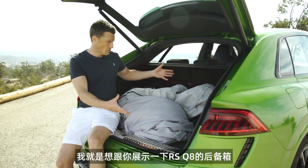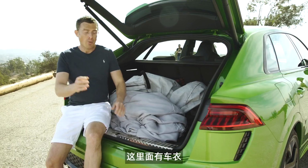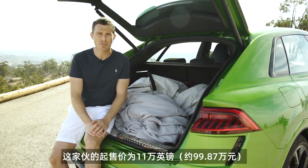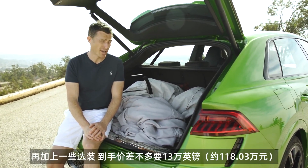I just thought I'd show you the boot of the RS Q8. It's like the normal Q8, so we've got some car covers in there. What's more important though is the price. So this thing is going to start at £110,000. Pretty expensive then. Plus, if you spend a few options, you're going to be looking at around